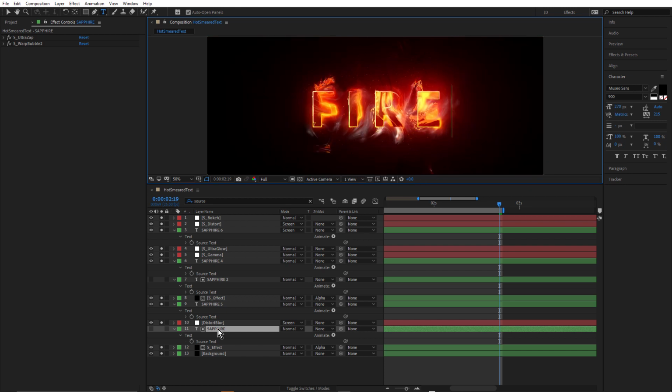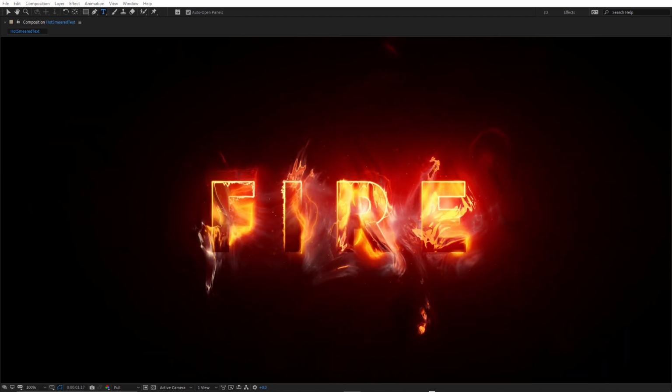So that's updated. Keep in mind though that source text doesn't recognize any kerning that you've got in there. So if you've kerned the text out, you want to set up your bottom layer and then copy and paste it onto these layers. But it is more efficient if you're going to duplicate the layer a lot of times and not use the pre-compose method to set up your initial text with all of its kerning and positioning, and then pick whipping the source text to the master is going to work as expected. And once again, here's the final result.